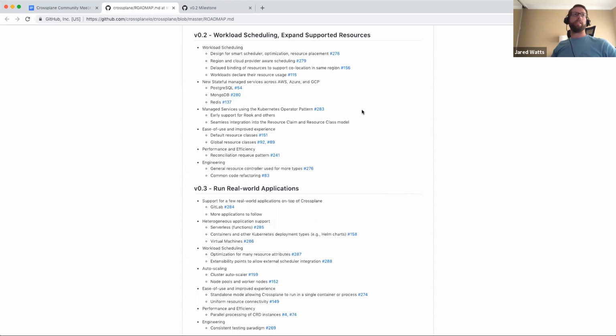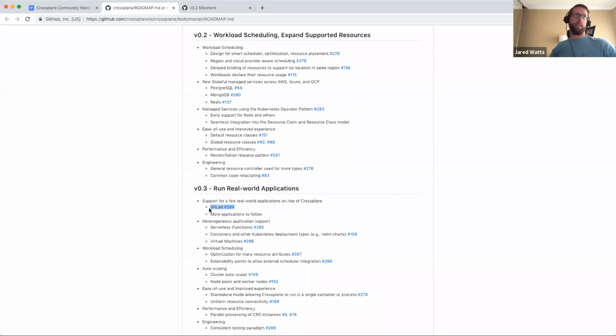All right, and then some other important features we want to implement are some new services. Postgres is already in master, that's done. MongoDB and Redis are two of the other ones that we think have good bang for the buck, good value, and that we want to go after and implement. Those managed services, particularly Redis and Postgres, are also in service of wanting to support GitLab, which is in the 0.3 milestone.